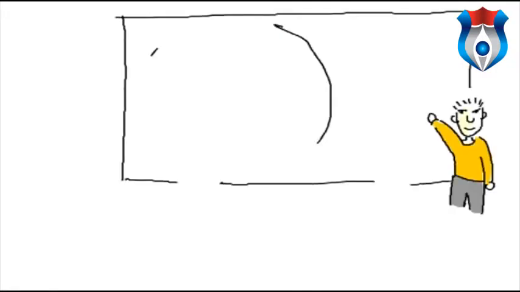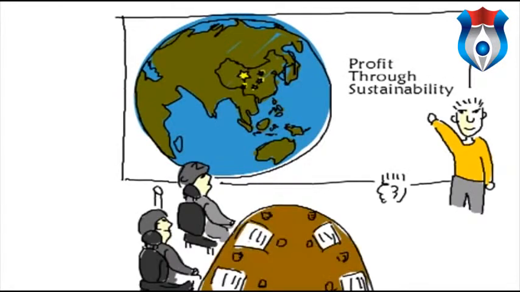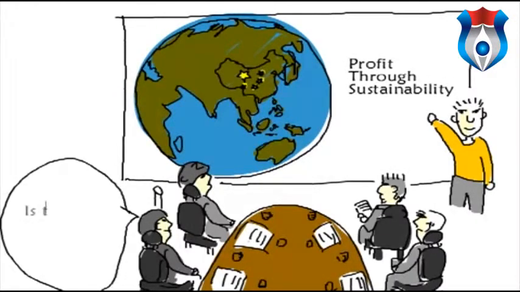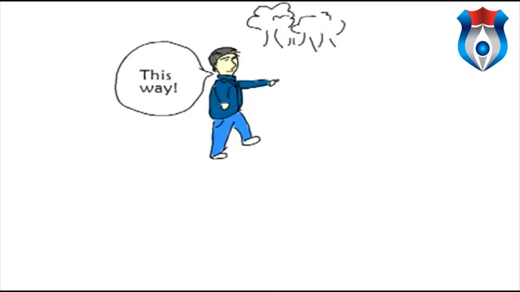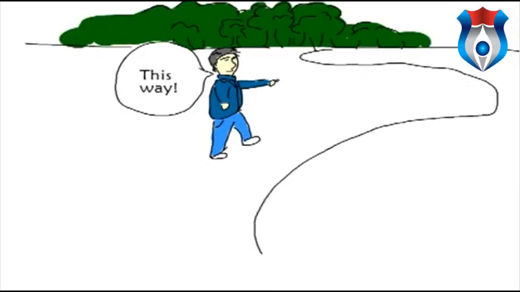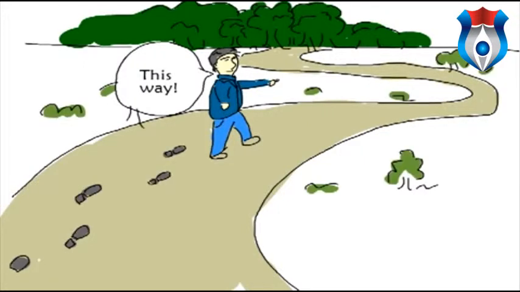We've been working with business and manufacturing in China, seeing the change in attitudes towards sustainability. People want to know if business really can prosper by going sustainable, or if this is all just wishful thinking. Everything we've seen has convinced us that business really can lead the way. The ones that really embrace sustainability are showing us how it's done. But to understand where we're headed, we need to look back and see how far we've come, and how far we have yet to go.